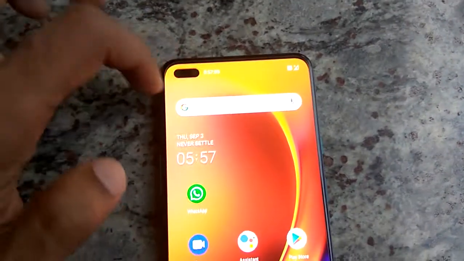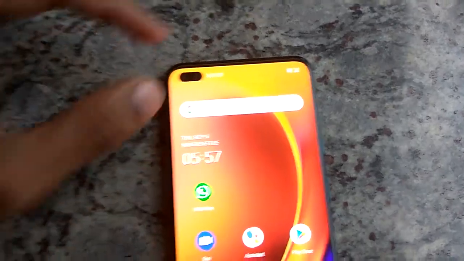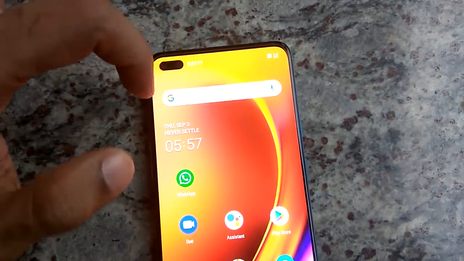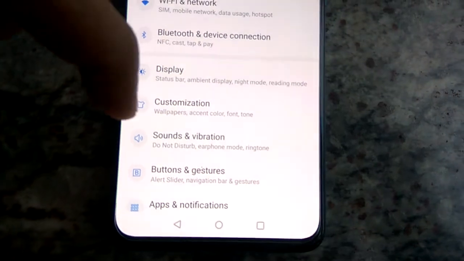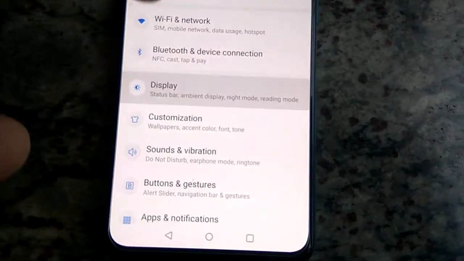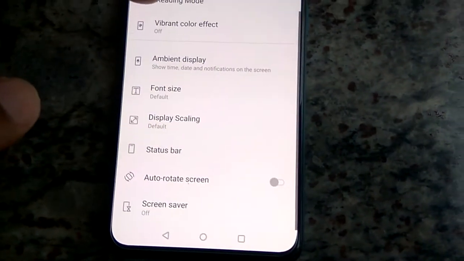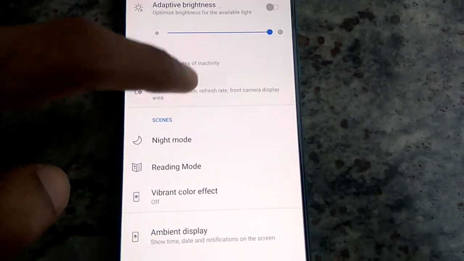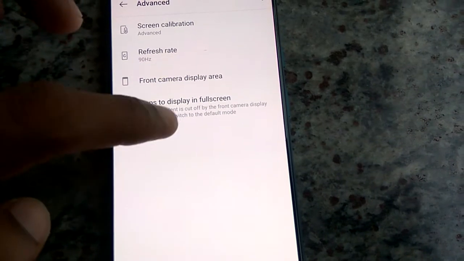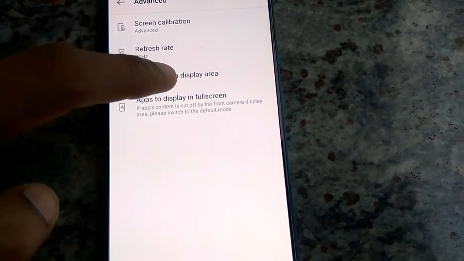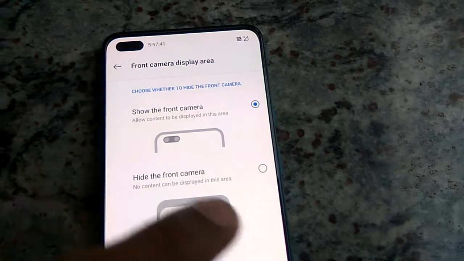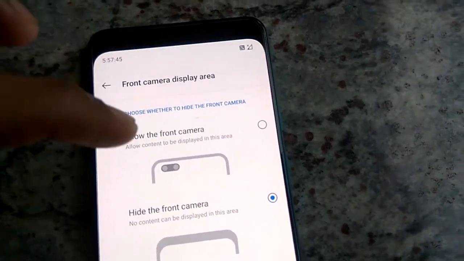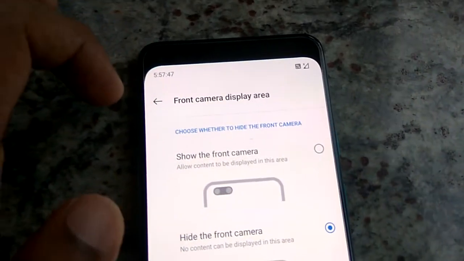Now you can see that there is a punch hole display in OnePlus Nord, and if you want to hide this part, there is a method. In your phone settings, you must select display, and from the display you have the option of advanced. You click advanced, and from advanced you must select front camera display area, and from here you must hide the front camera like this, and now you can see that the front camera area has been